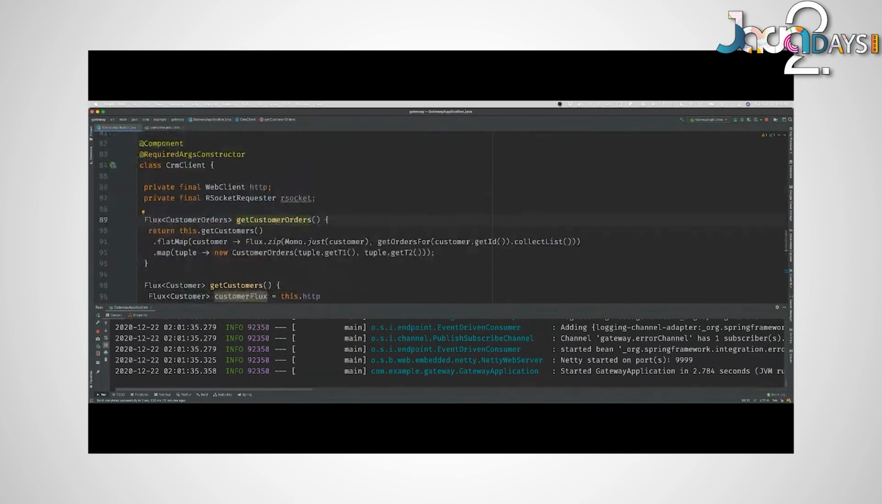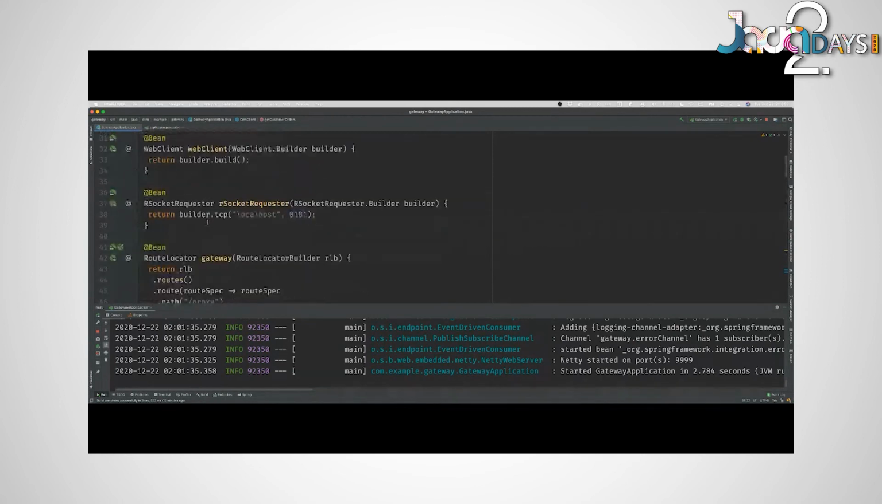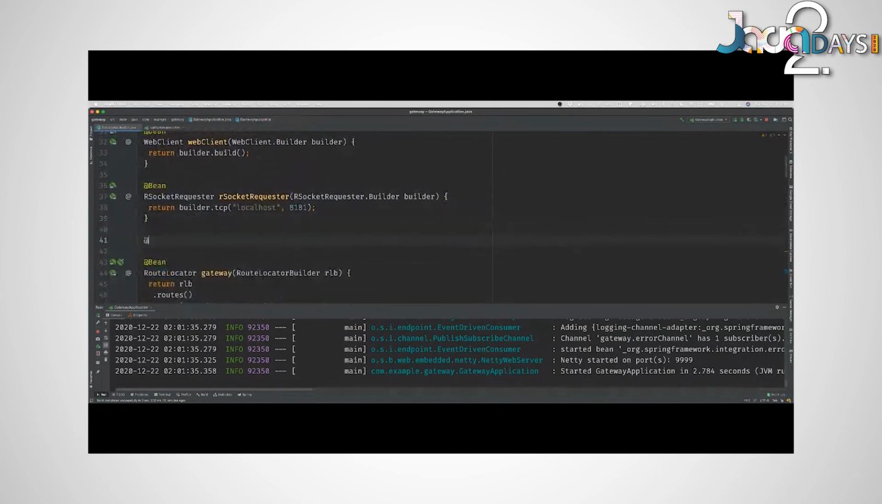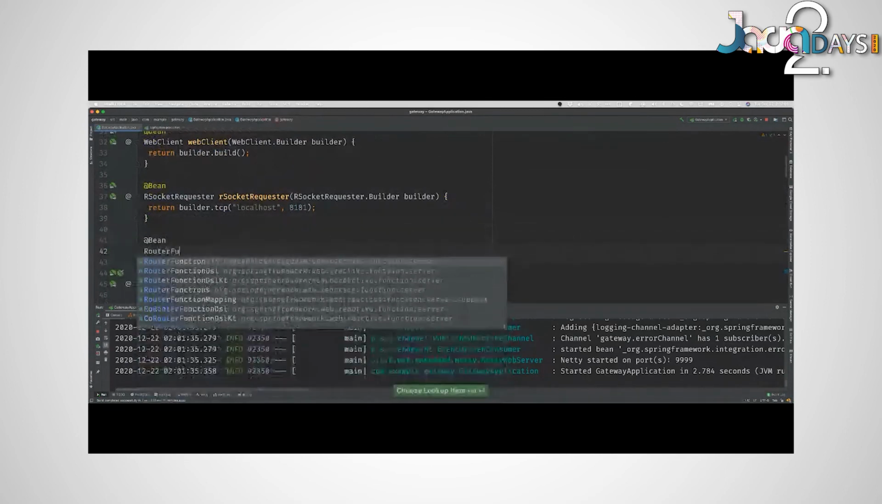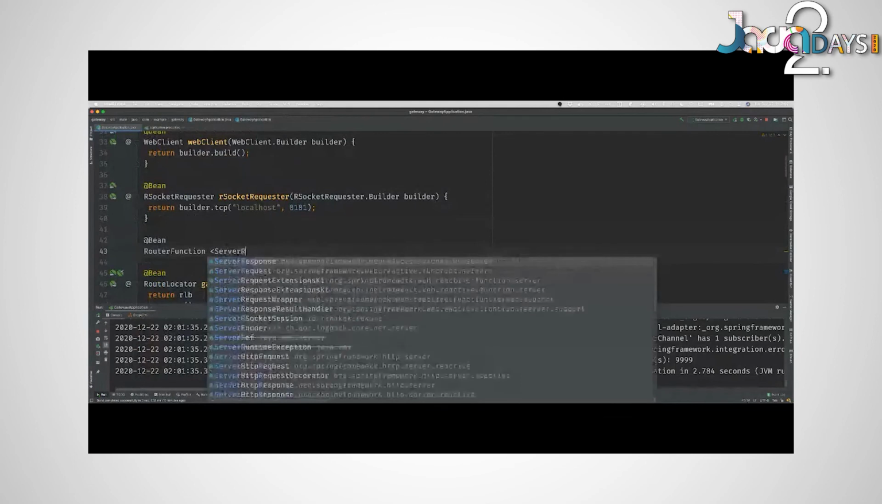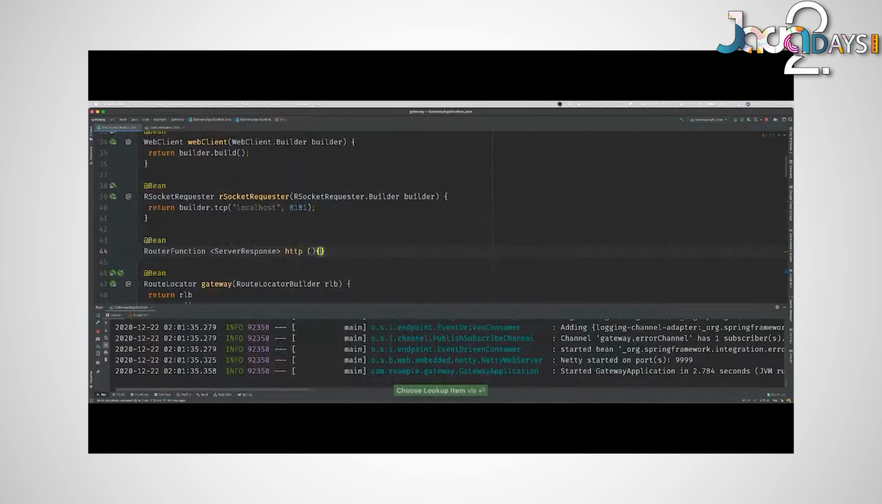So now we've got this customer orders endpoint. Let's go ahead and create a functional reactive style. I showed you earlier how to use the Spring MVC style HTTP endpoints, right? But you can also use this functional style, which I quite like as well, right? So here,